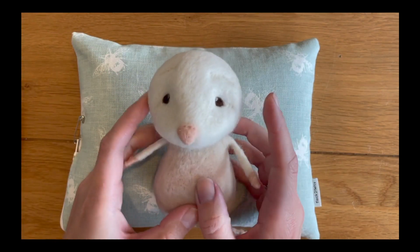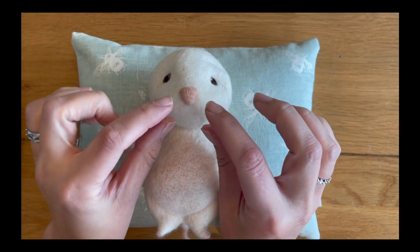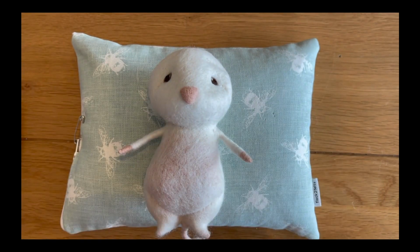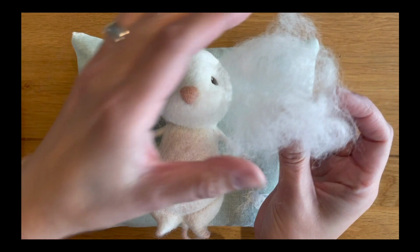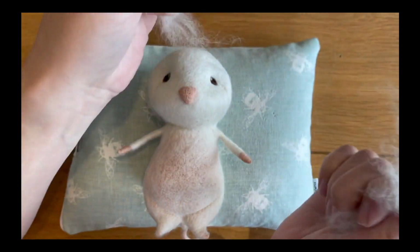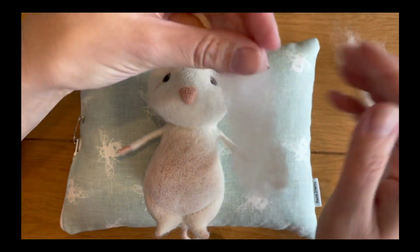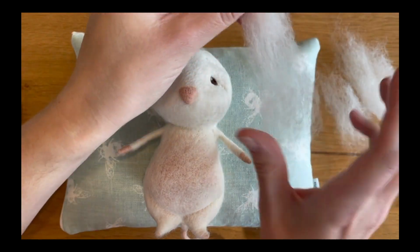Now we're on the final part of our mouse tutorial, and the last things we need to do are add in a muzzle under the nose of our mouse and add his ears and finish his arms off. So what we're going to do is I'm going to take some leftover Gotland white wool that we've removed from other parts of the mouse's body as we've gone along in the tutorial, and I'm just going to tear off a small amount,